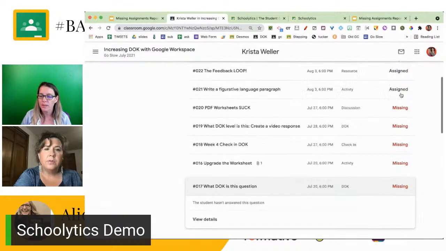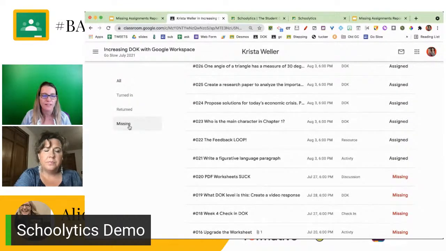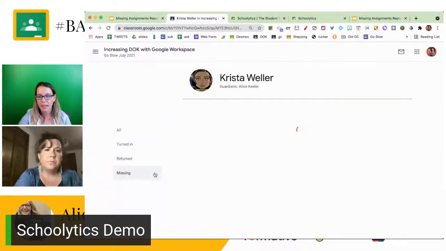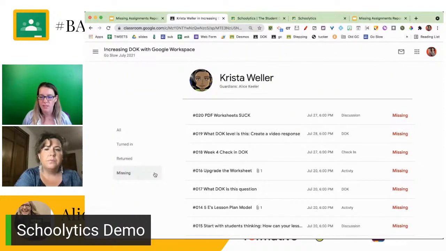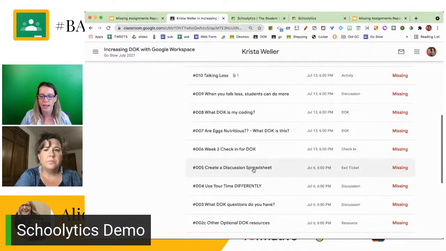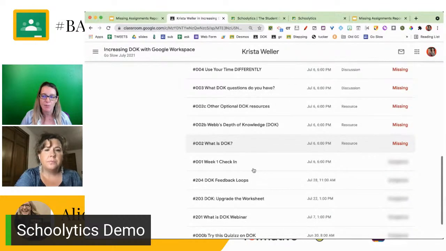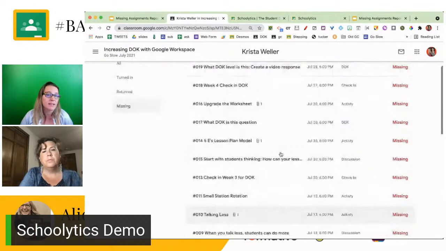Now, what you can do in Google Classroom itself is there's a filter on the left-hand side that says missing, so you can get what these missing assignments are. So that is one way that you can find those missing assignments, and I oftentimes will just copy and paste this